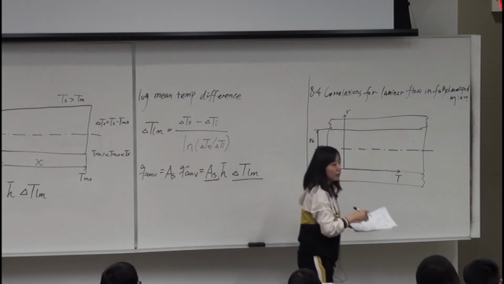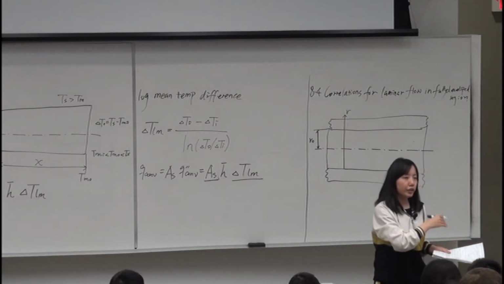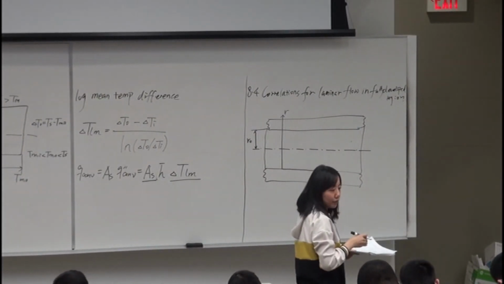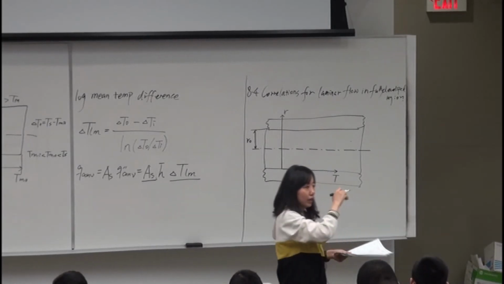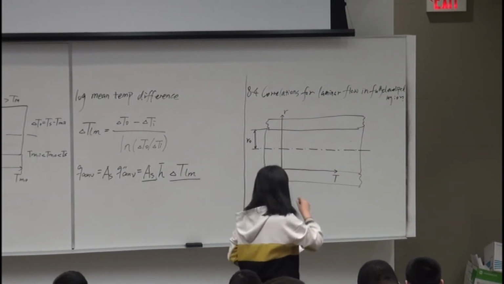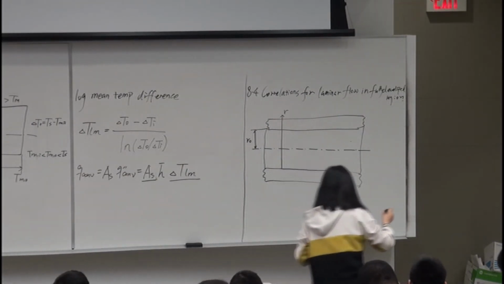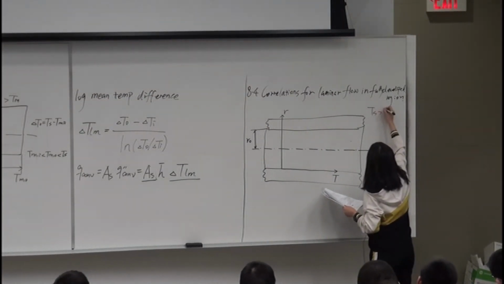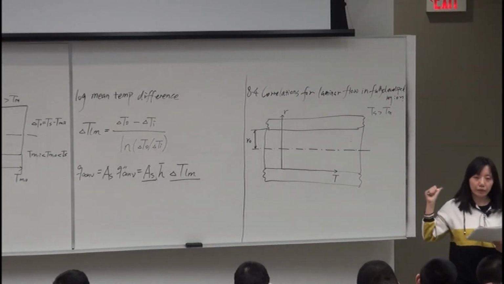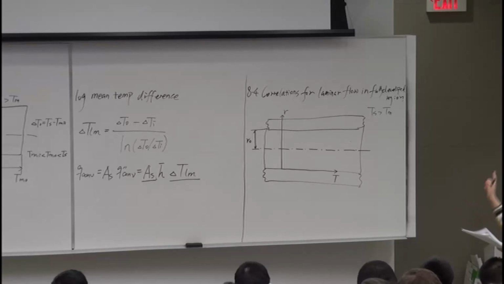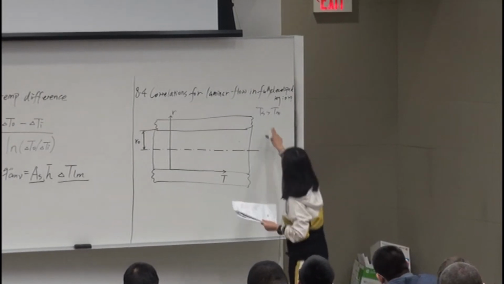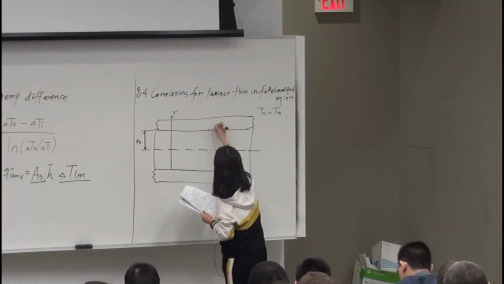So when the laminar flow achieves fully developed, both hydrodynamic and thermally, we know the velocity profile is parabolic, right? Zero because of the no-slip condition at the wall, and maximum at the center. If I say for a heating case here, what would our temperature profile look like? The surface temperature is larger. Here we have Ts,